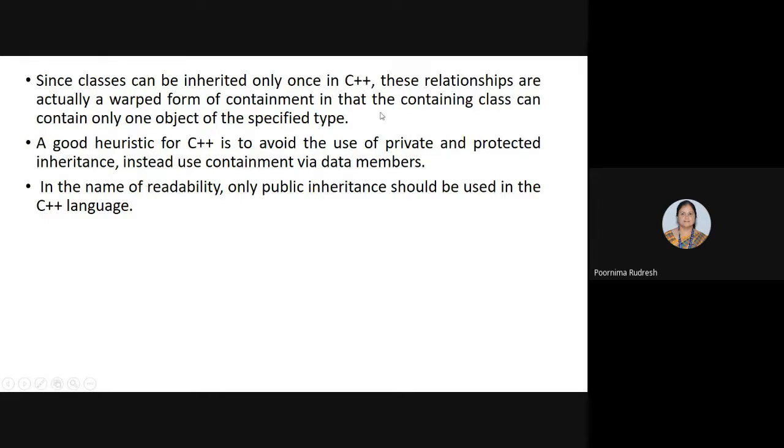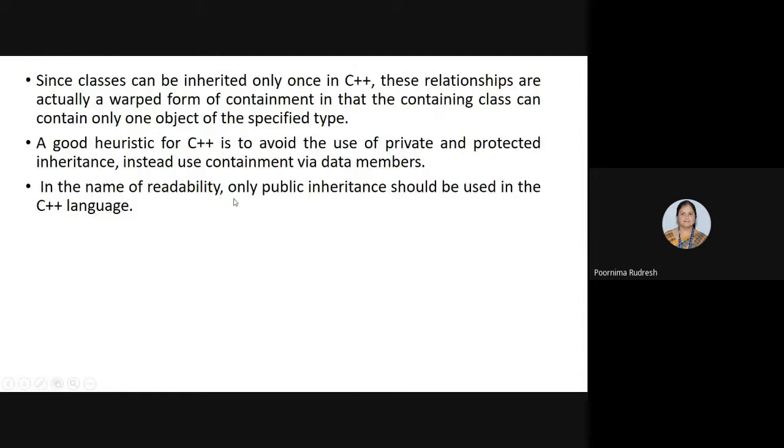Even if we have class A, class B, and class C, class B, using the containment relationship, can contain all the data members of class A. Similarly, class C can contain the data members of class B. Here we are using the containment relationship rather than the inheritance relationship, because that is the good heuristic for C++. So instead of using private or protected inheritance, make use of the containment relationship via data members.